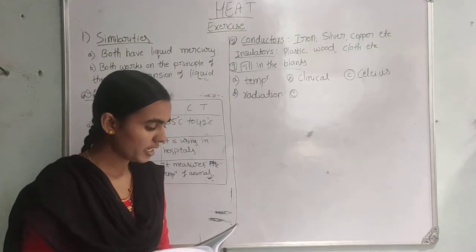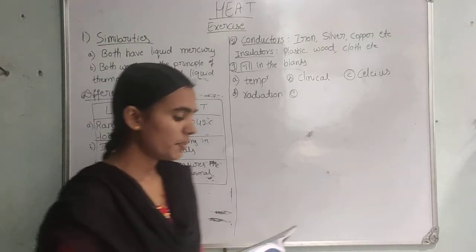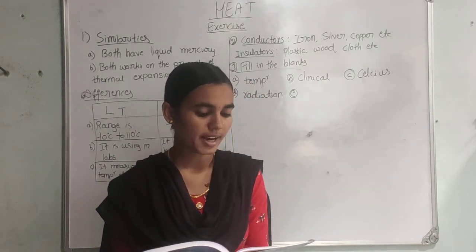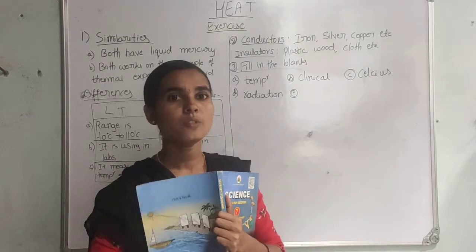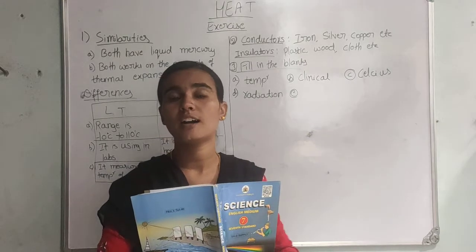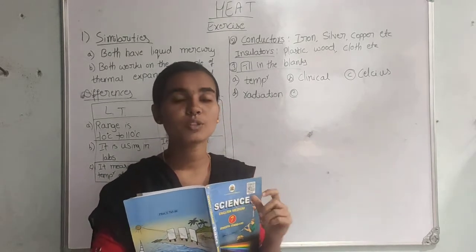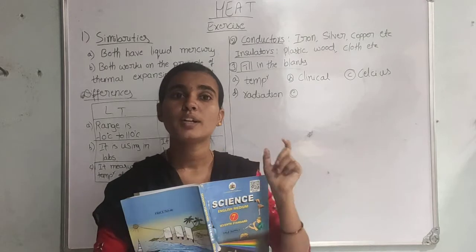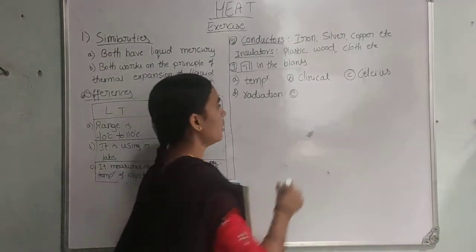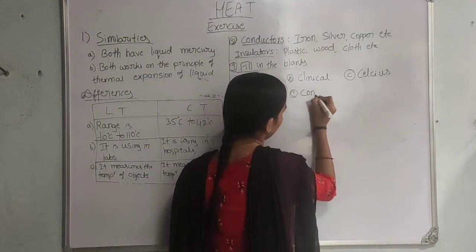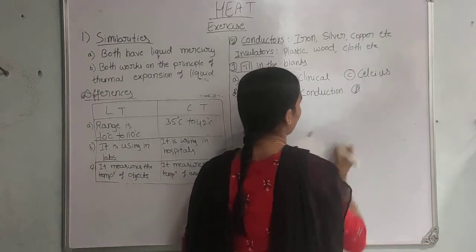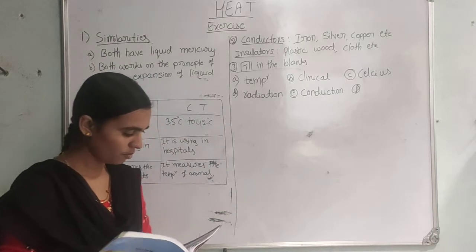So next, E. A cold spoon is dipped in a cup of hot milk. Heat is transferred to its other end by the process of. So here we have taken hot tea and we kept a spoon inside that hot tea. So heat is going to transfer from the hot tea to the spoon. So it is an example for which type of transfer of heat? It is obviously conduction. It is an example for the conduction process.